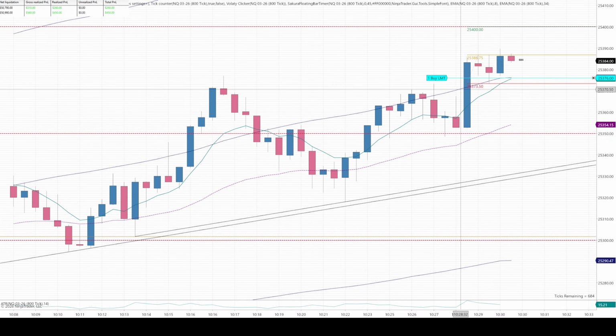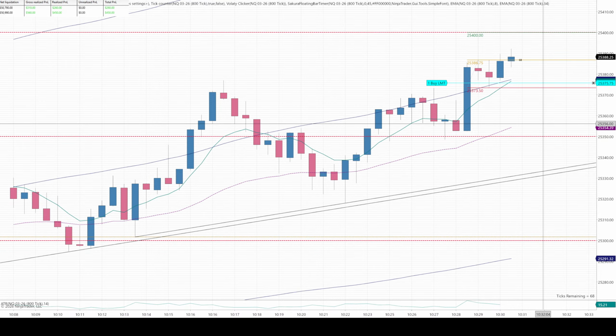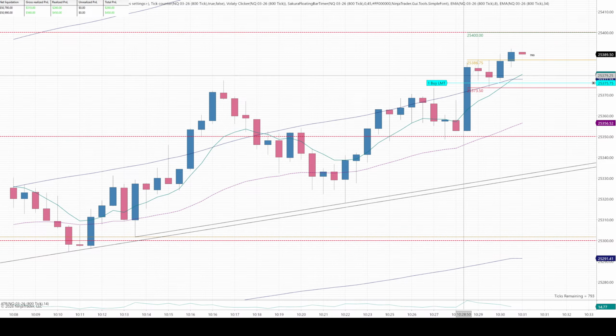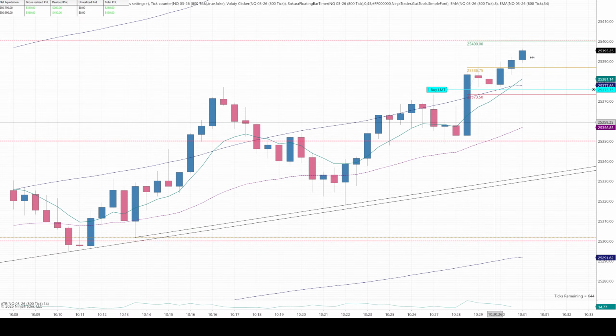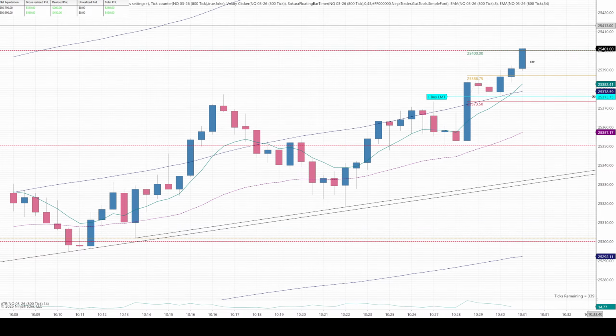At this point I might move it to right there. See if it wants to come back down before going up and testing 400. But I mean, the bulls are also really strong too. Look at this big bullish candle. I don't know if we are going to get that pullback. And instead we go up and we're probably going to hit 400. There it is.